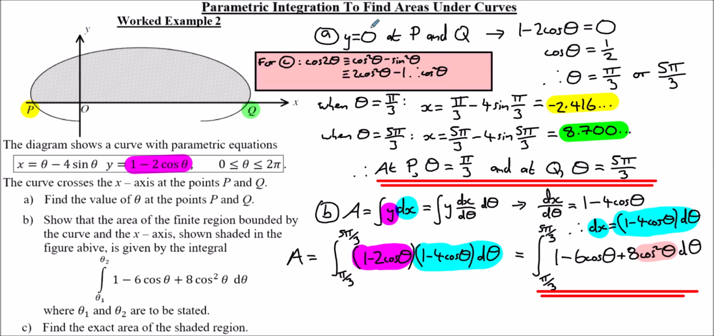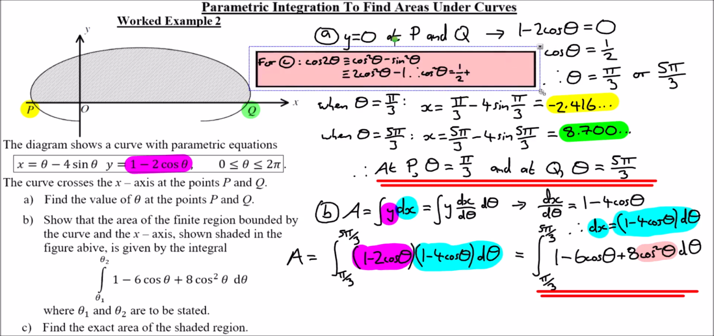So cos squared theta is the same as a half plus a half cos 2 theta, that's what I mean to say. So I'm going to use this here. So for C, again, using what we've had above,